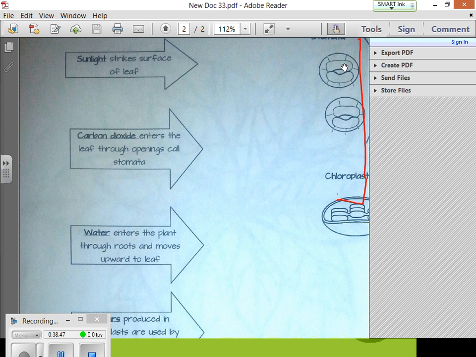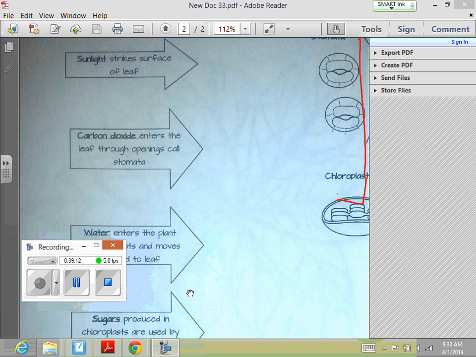Then you will use your arrows and you will place them where they shall go within your leaf. So for instance, sunlight going to the leaf, you will place the arrow saying sunlight into the leaf, pointing in the leaf. Then you will use your other arrows to place them where they should go. You should pay attention. It's already on there. It should be on there. So when you